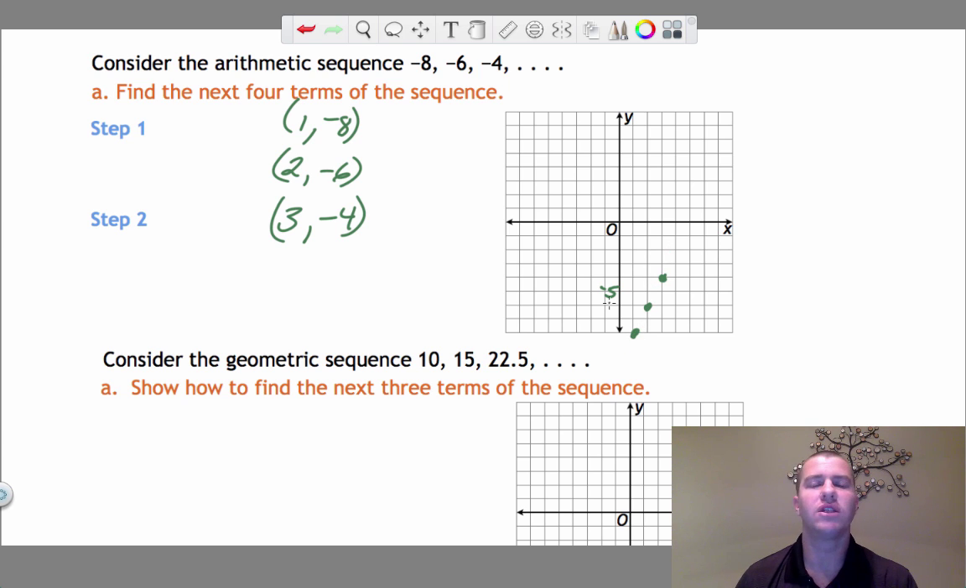I want you to notice, an arithmetic sequence turns into what type of function? If you notice, it's going to be a straight line. The next, say, 4 points, you would get negative 2. You should notice that what's happening every time is I'm adding a positive 2. Also note